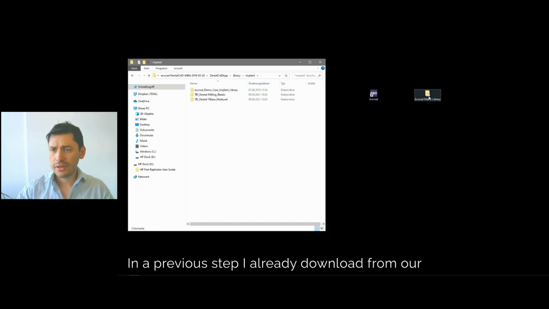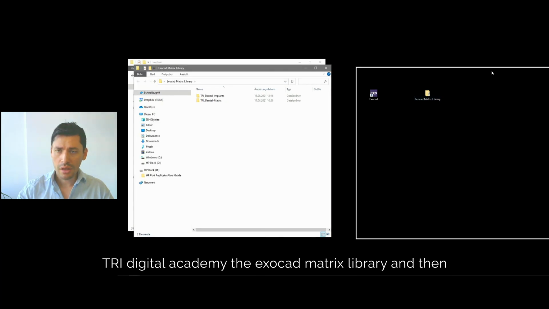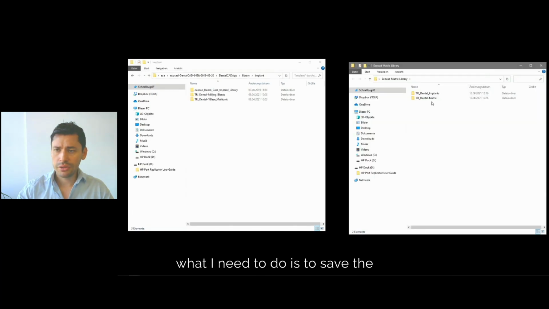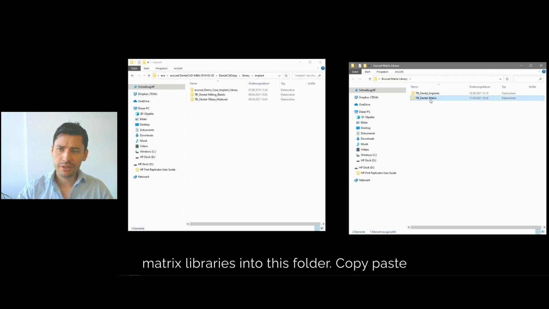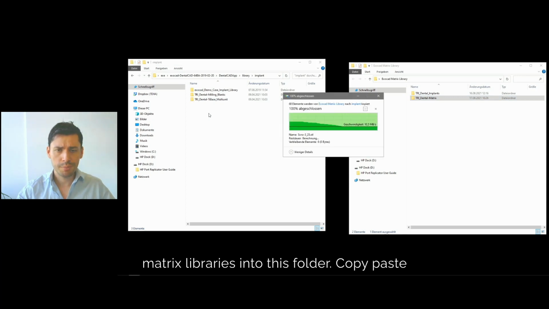In a previous step, I already downloaded from our 3 Digital Academy the exocad matrix library. And then what I need to do is to save the 3 dental matrix libraries into this folder, copy paste,